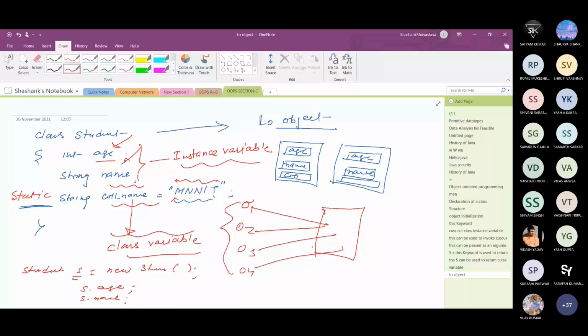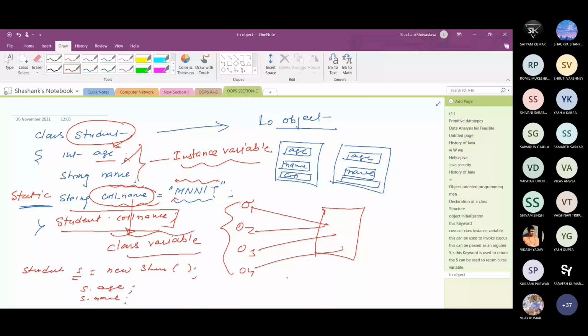So this college name variable can be accessed with the help of the class itself. I can just write Student.collegeName. With the help of the class name, we can access the static variable. We cannot write Student.age or Student.name, but we can write Student.collegeName. Okay. So this is the significance of the static variable.